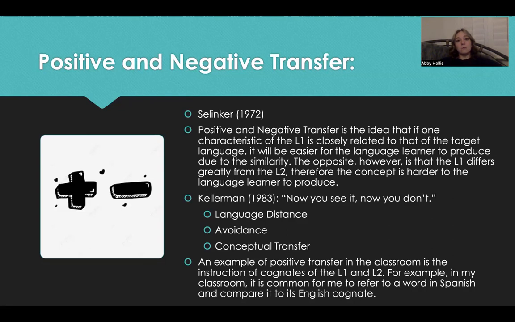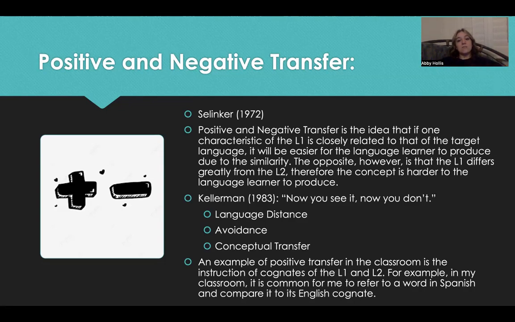is the concept in which there is a similarity between your L1 and your L2. So for example, cognates. A lot of teachers will use cognates in the L1 and the L2. As an ESL teacher, I see this a lot in my classroom, that I will point to a word that sounds like another word in Spanish, and I'll say, okay, here's this, and here's this word in English, and they'll repeat it to me. And so then they can kind of make the connection. Well, like, oh, they're similar. So that's a positive transfer.